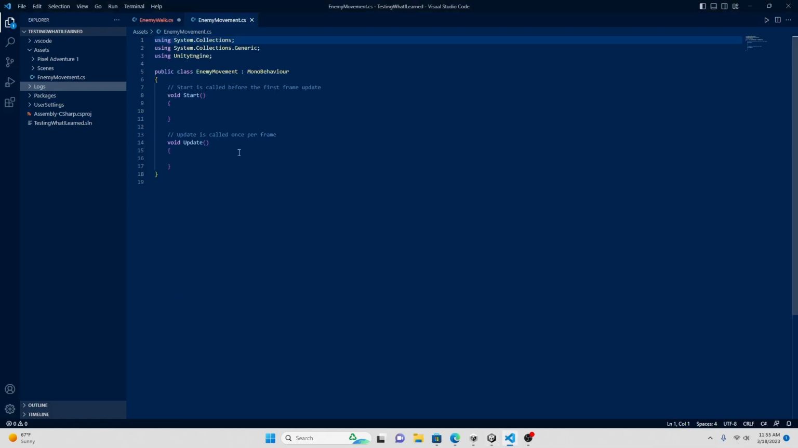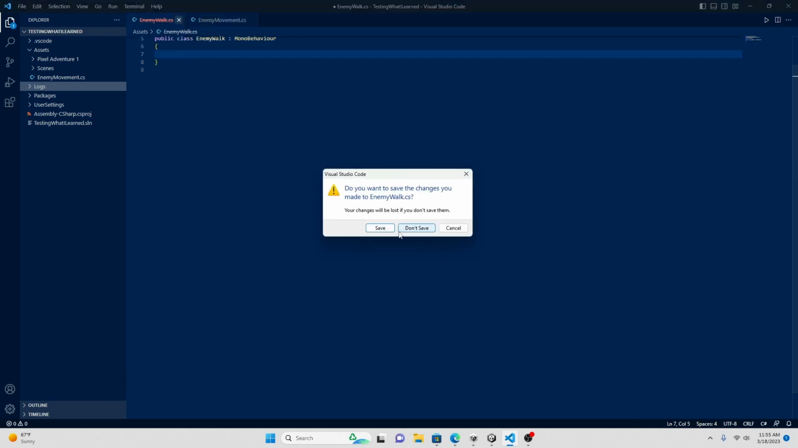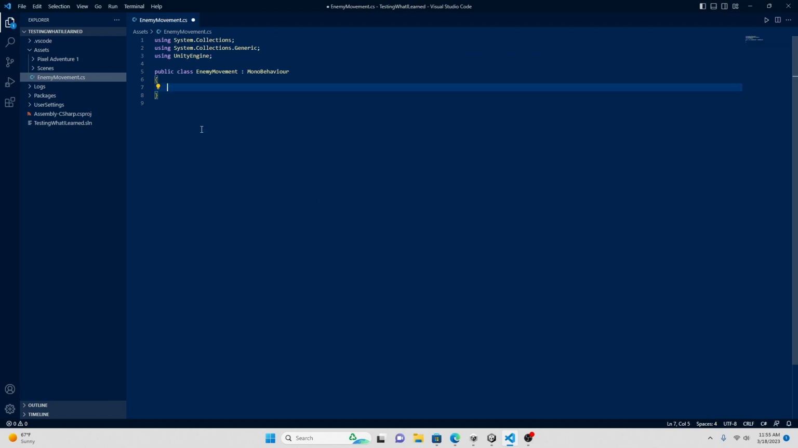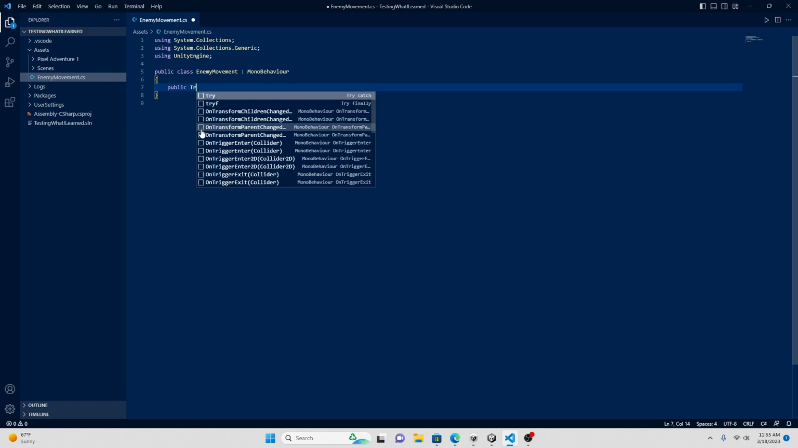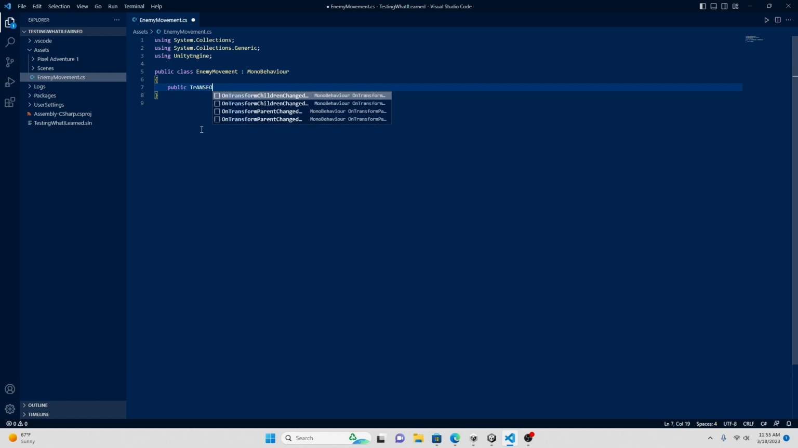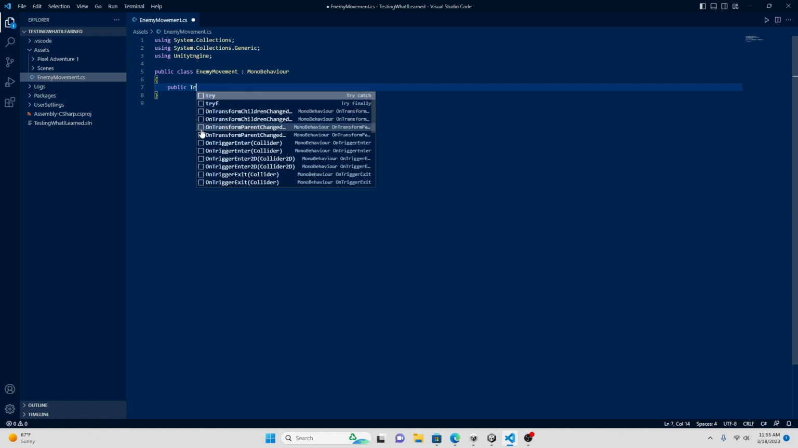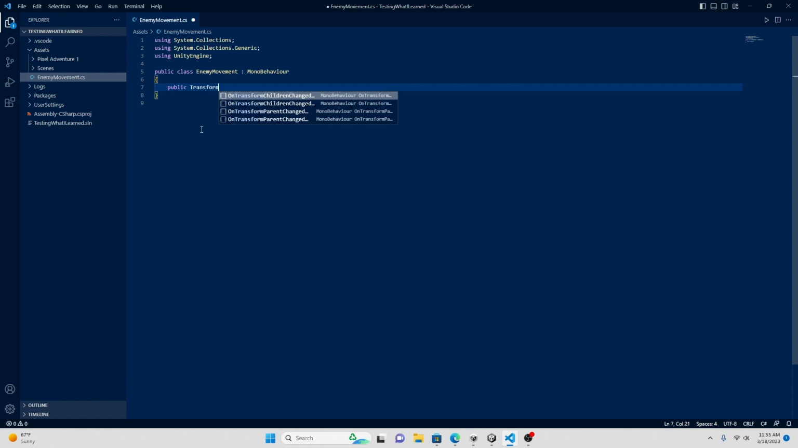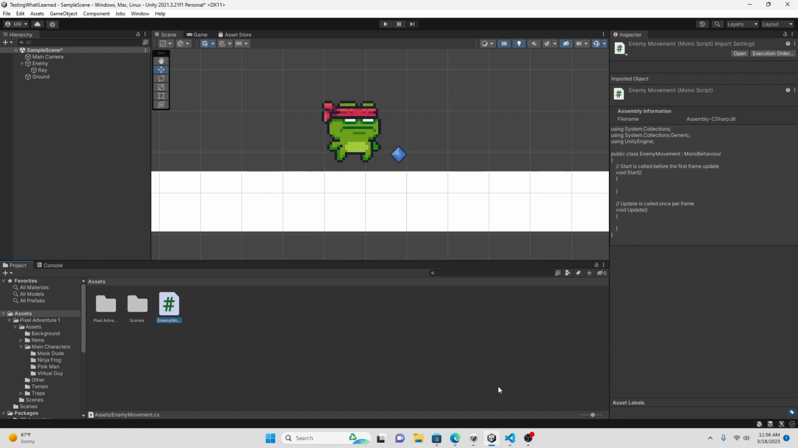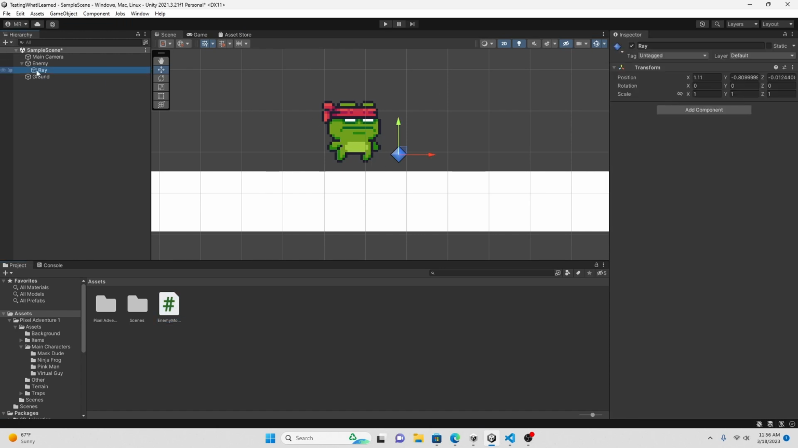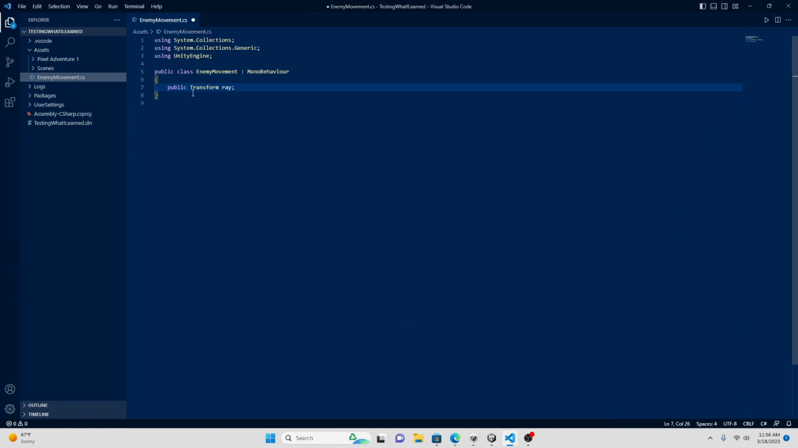Okay, now let's go in it. Let's delete that. First of all, let's make a public transform for our ray. Let's just call it Ray. If you don't know what this does, we're basically getting access to this in our script. Since it's public,